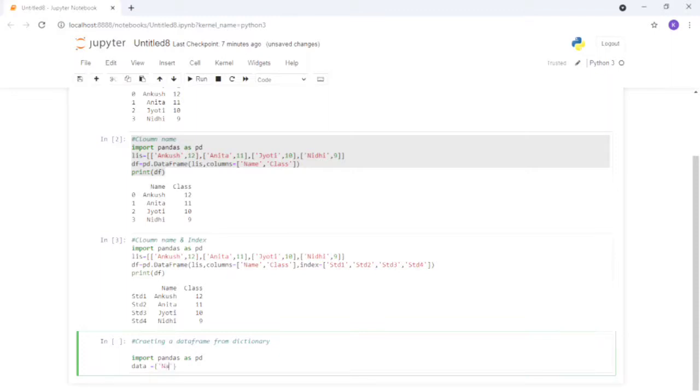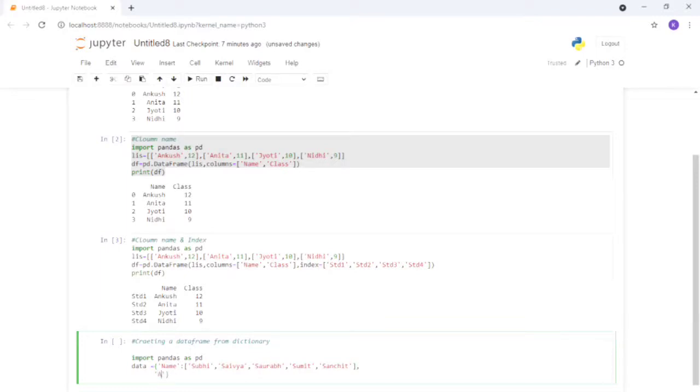I'm creating the name as a key, and the values I have to give are Shubhi, Savya, Saurabh, Sumit, Sanchit. So I have given four names here, and now I go with the second one, where I'm defining the age of these particular persons.